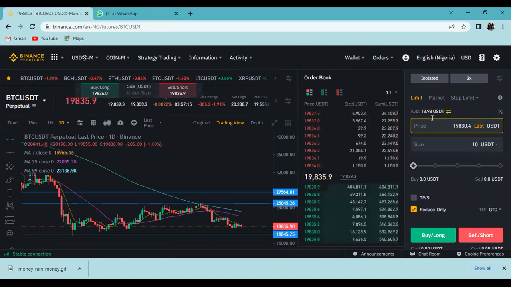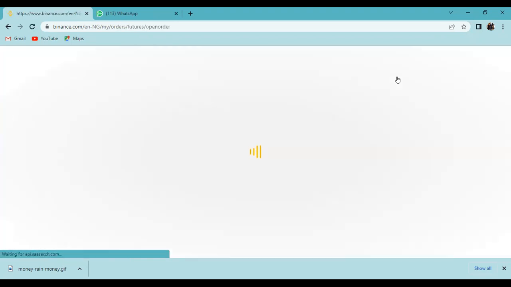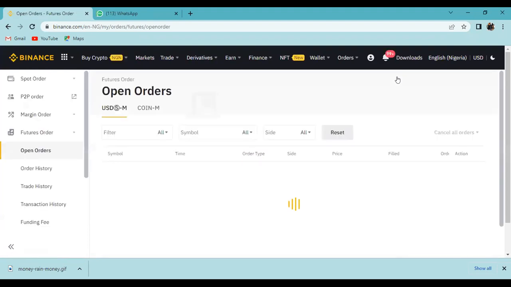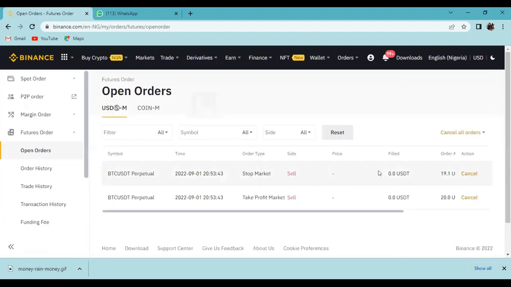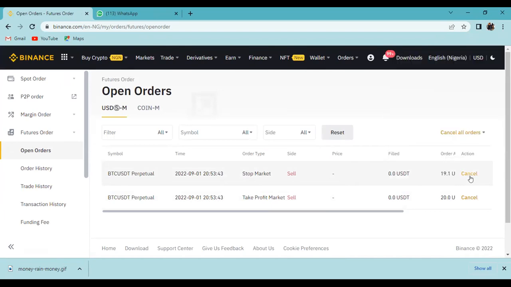Sometimes this web version acts up. So I clicked on that side. I want to cancel it. You can actually cancel. That's the advantage of trading on futures perpetual.